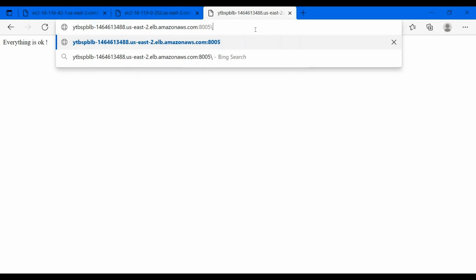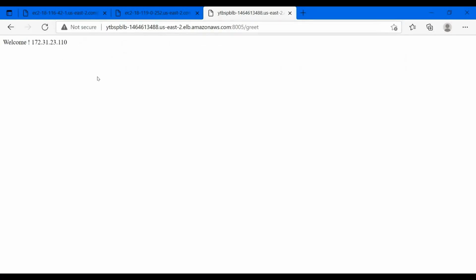We don't know which, so let's check with our grid controller. Now just refresh with the reload button or F5, whatever you are comfortable with. Yes, I haven't changed the URL, but you see that it has routed to a different instance.